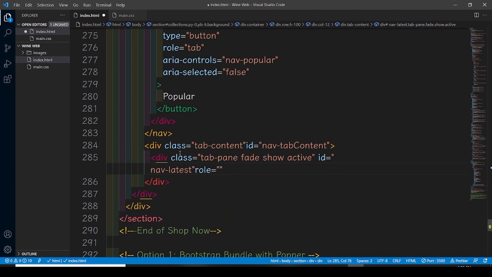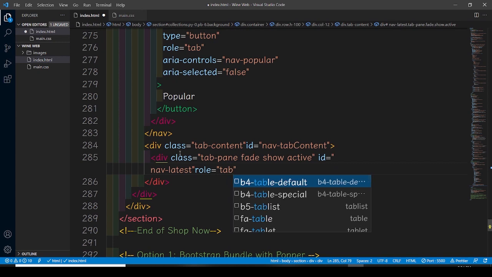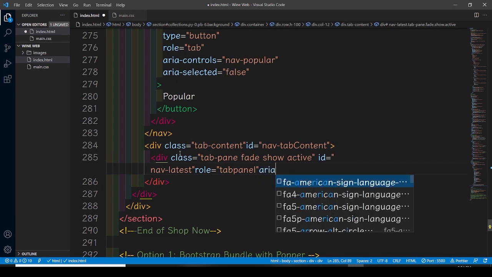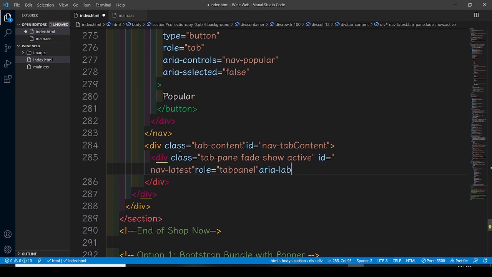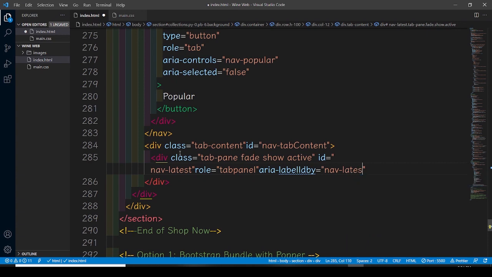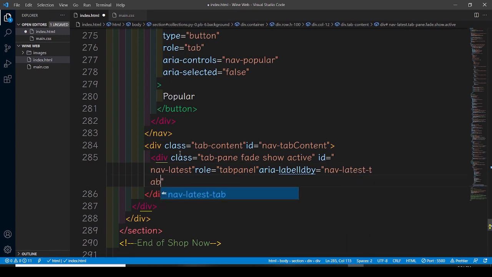Then role is gonna be tabpanel, and aria labelled by, nav latest tab, spelling of labelled. Okay, nav latest tab,